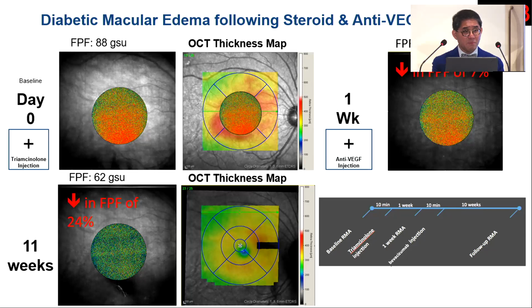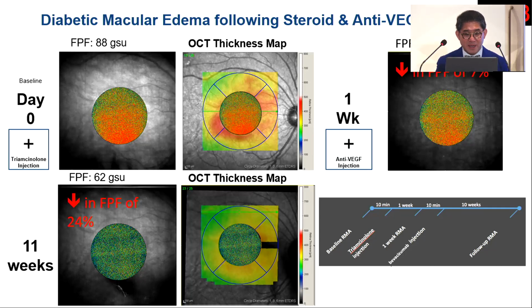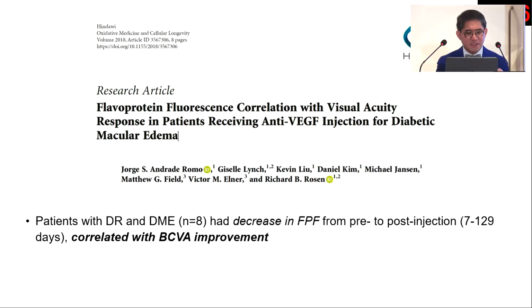All of us who manage patients with retinal vascular disease like diabetic macular edema know that OCT is not always predictive of visual acuity, and oftentimes we see the OCT change first, and then subsequently we see changes in the visual acuity because it lags behind. So one of the questions we asked is, can this FPF help to predict visual acuity earlier? Can it help you decide when you should continue to treat an eye, or whether it has already gotten to the point where it's futile?